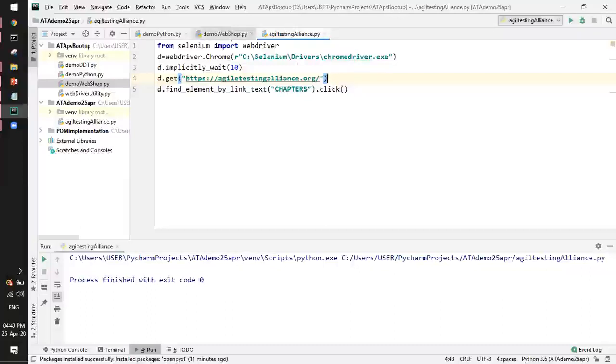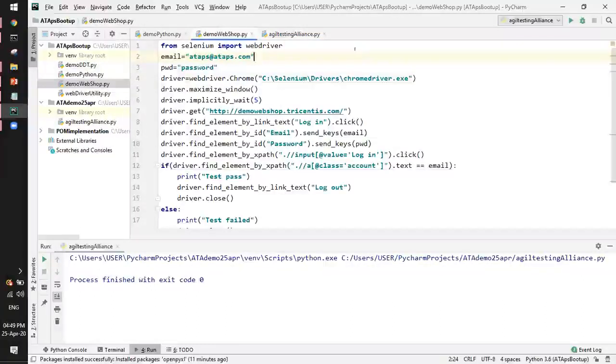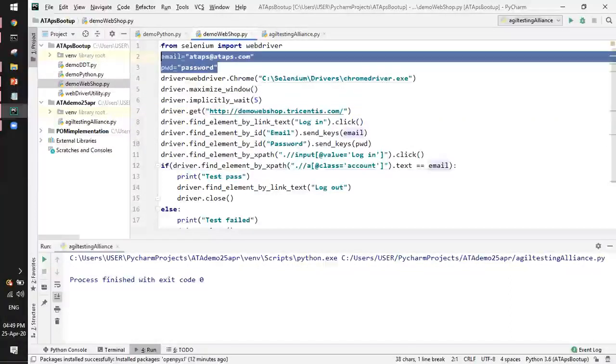Since you are short of time, I will just show the other code which I have prepared for this demonstration. I'm using this particular test web application. I have saved my email and password into variables.